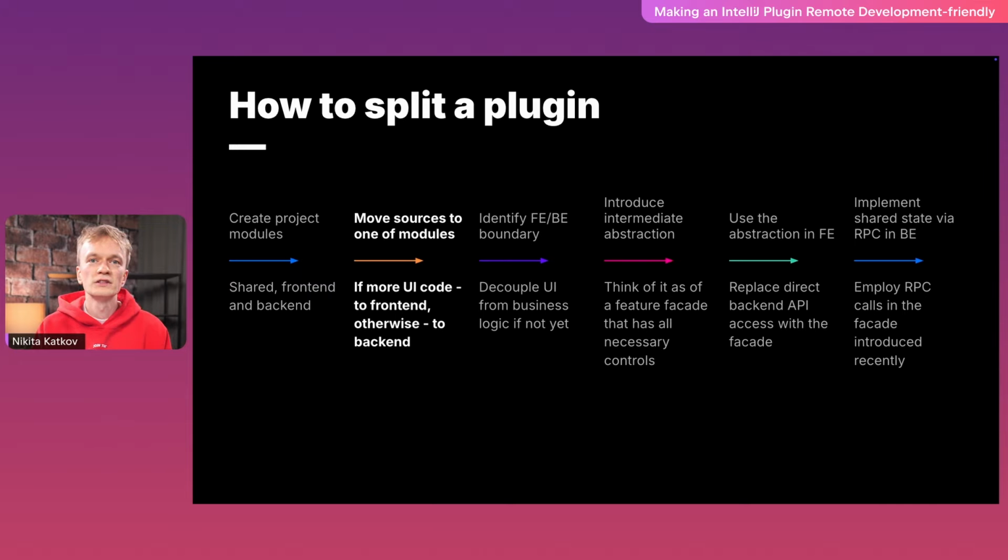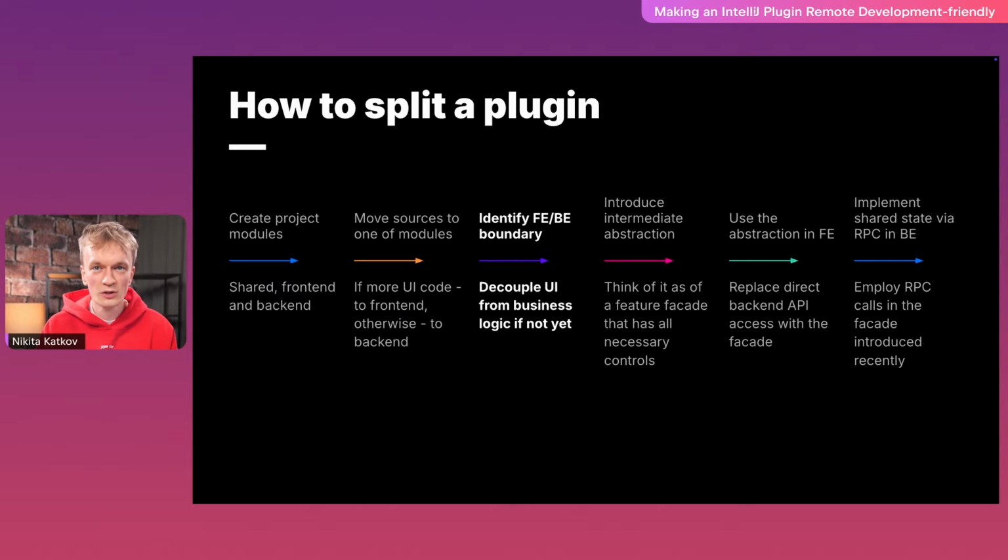Next step is to decide whether your plugin is more UI-oriented or it has more business logic code in it. After making such a decision, you have to move existing code to one of the modules we recently introduced. If it's UI-heavy, move the code to the frontend module for the sake of simplicity of further refactoring. Otherwise, if it's logic-heavy, move the code to the backend module accordingly. Let's assume our plugin has more UI-related code inside it and less business logic. It makes sense to try having all the code in the frontend module and then switch to the next step,